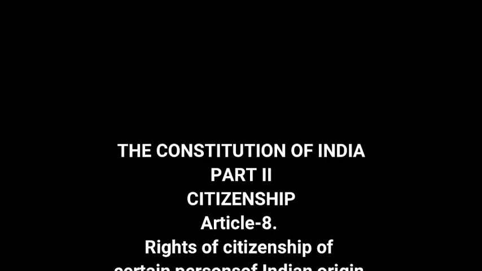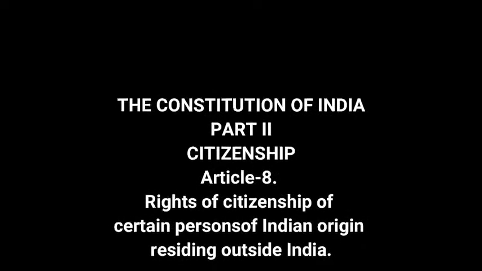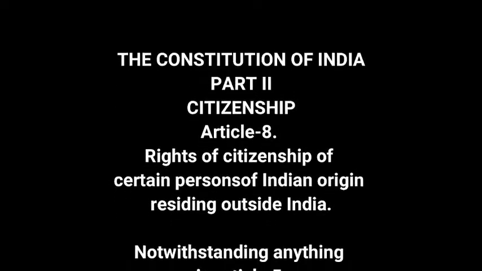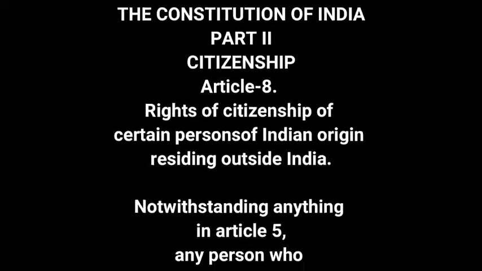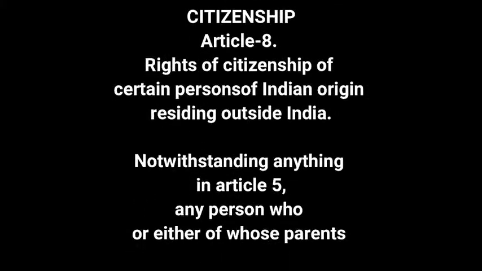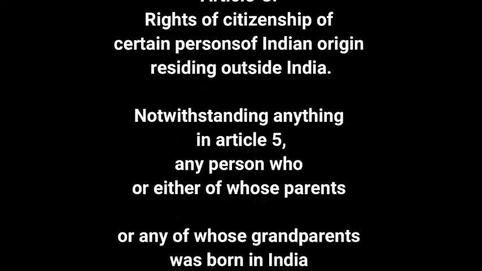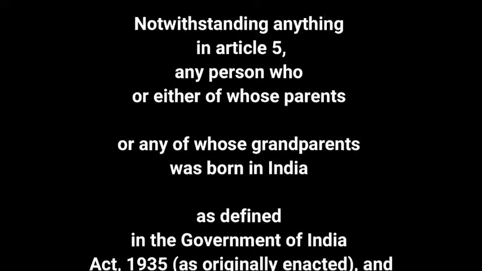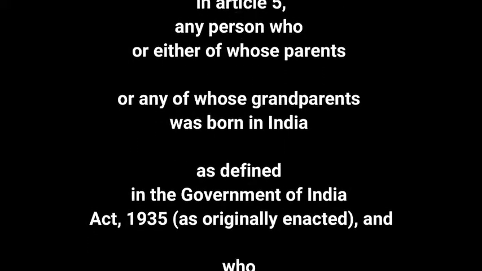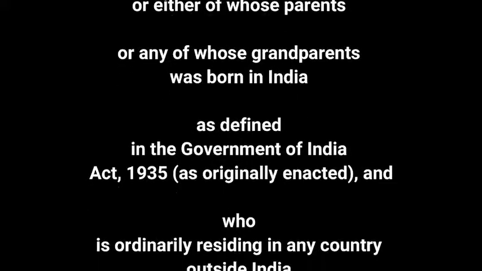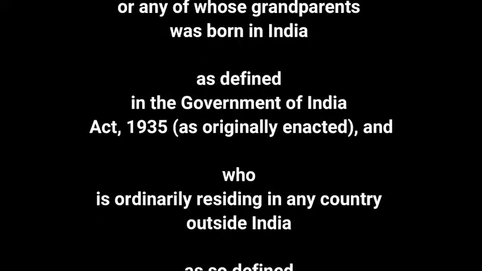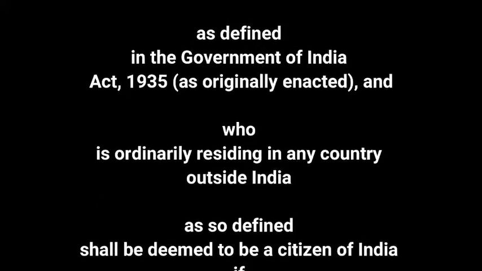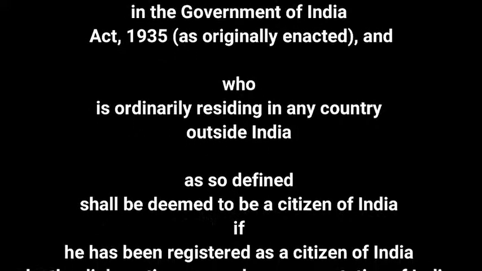Constitution of India. Part 2. Citizenship. Article 8. Rights of citizenship of certain persons of Indian origin residing outside India. Notwithstanding anything in Article 5, any person who or either of whose parents, or any of whose grandparents, was born in India, as defined in the Government of India Act, 1935 as originally enacted, and who is ordinarily residing in any country outside India, as so defined, shall be deemed to be a citizen of India,